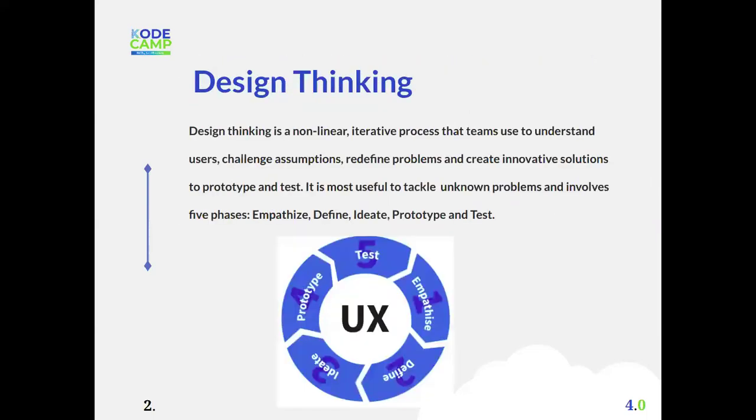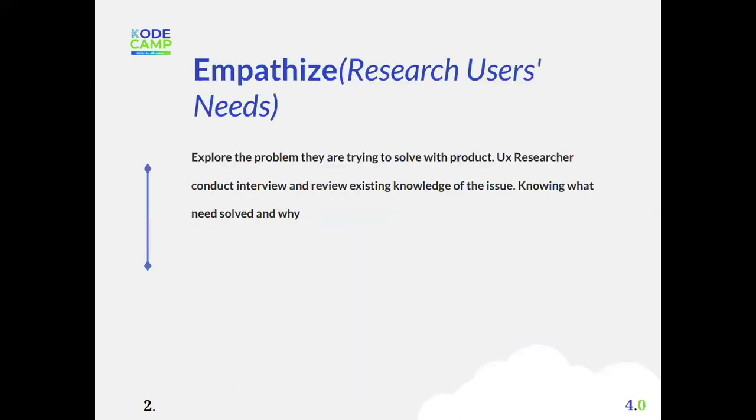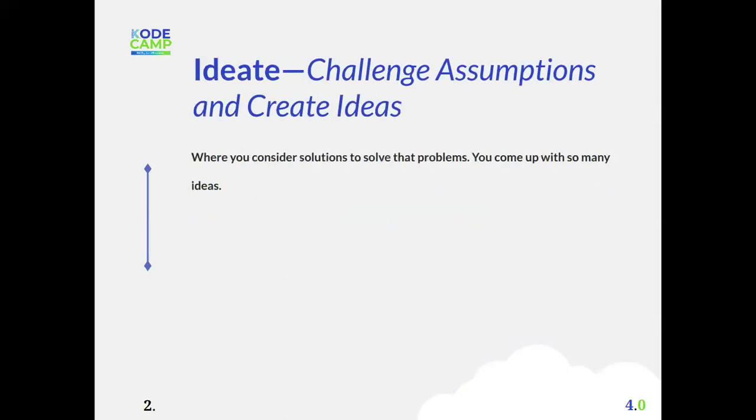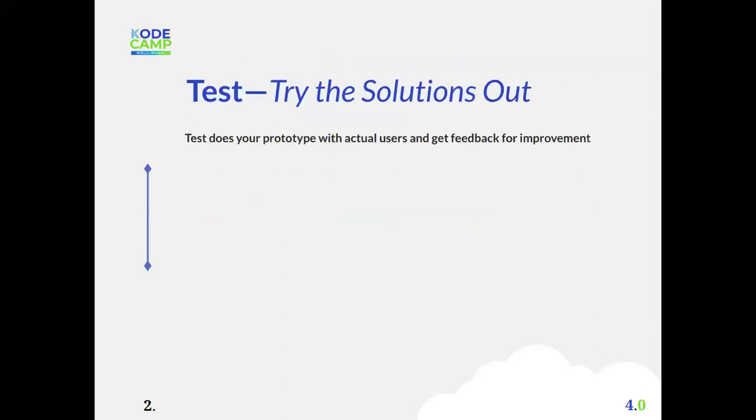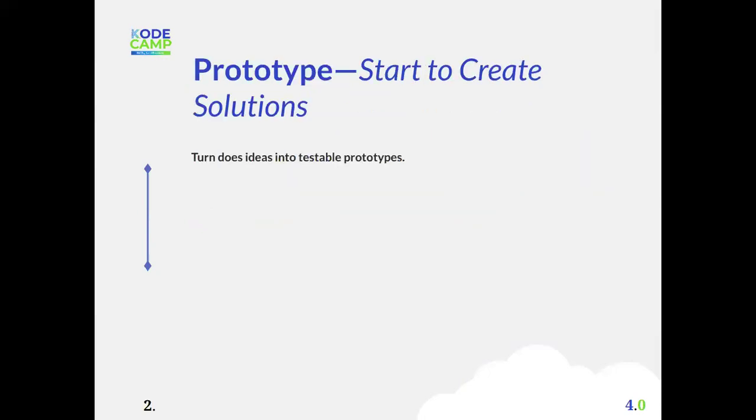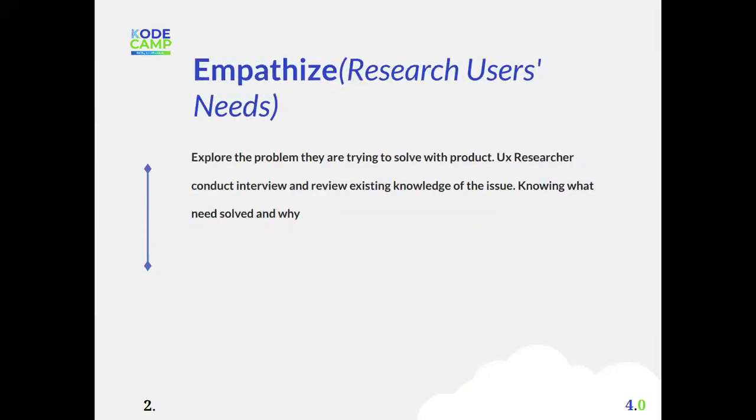So design thinking is basically tools that you use to solve a particular problem creatively. We have 5 phases of design thinking, as we learned in our last class. We have the empathize, the define, the ideate, the prototype, and the test. One thing you should know is that this design thinking process doesn't end when your app is launched, because most times as junior designers we might tend to feel, oh,